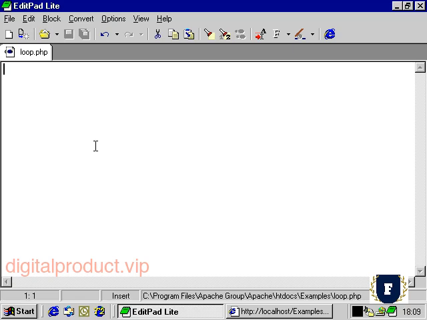So let's set up our first while loop. How it works is very similar in syntax to an if statement. We use the while command. We have some conditions in there, and then we put some command within curly brackets, just like an if statement. So let's say our condition is I is less than 6,